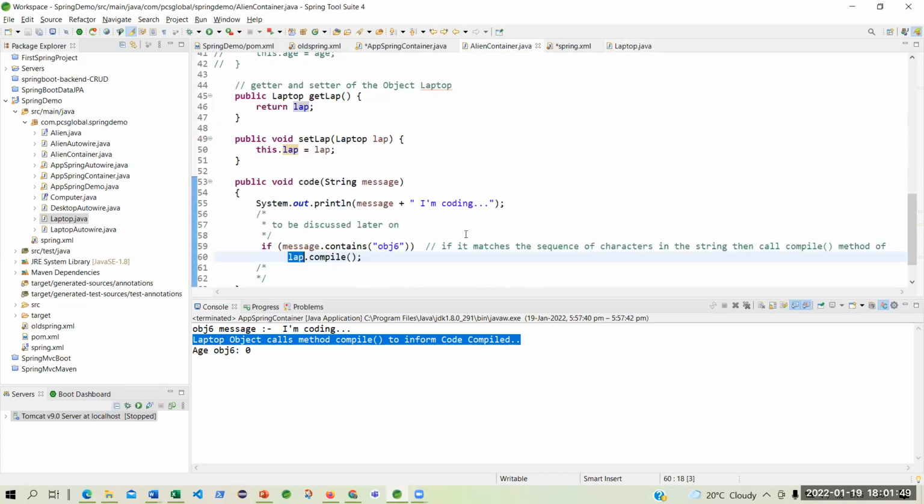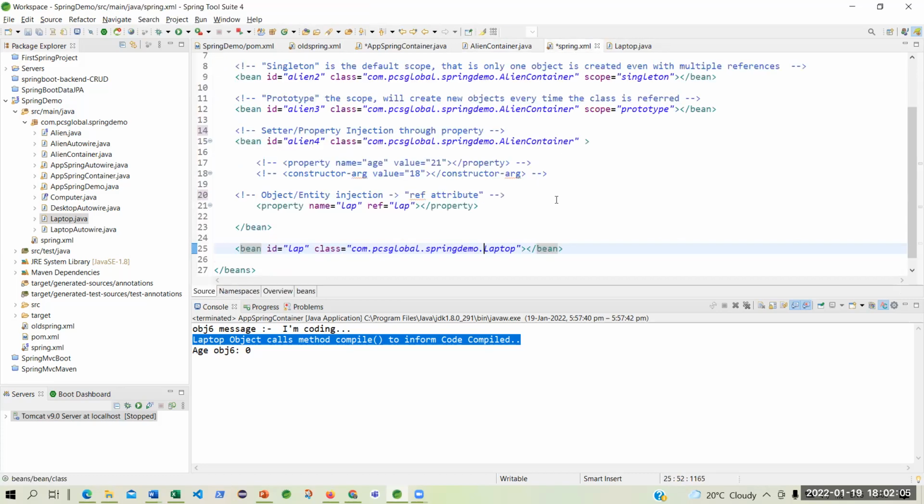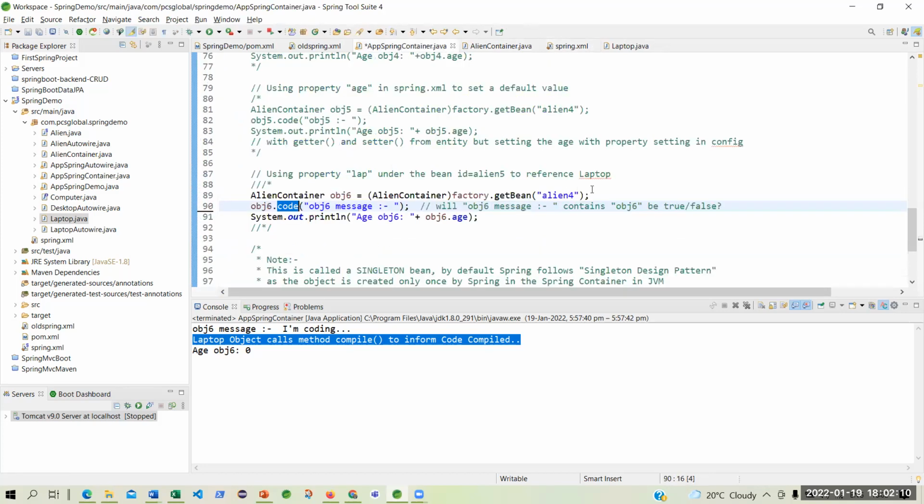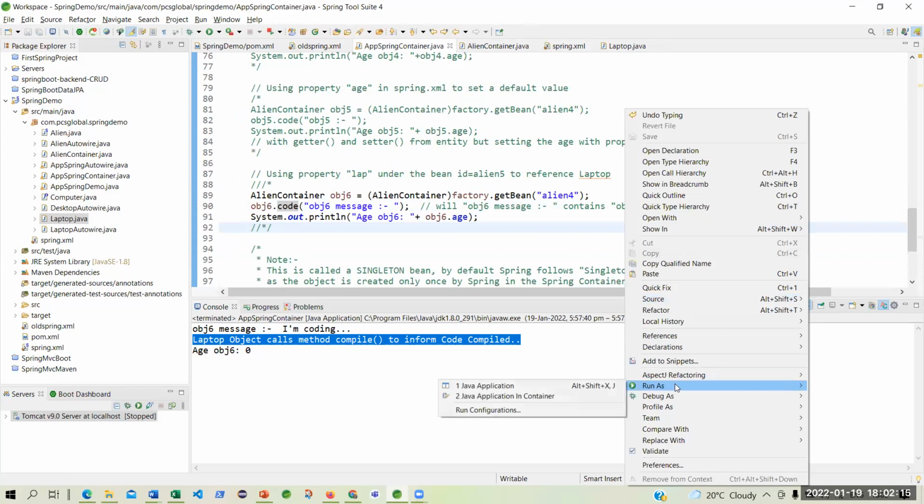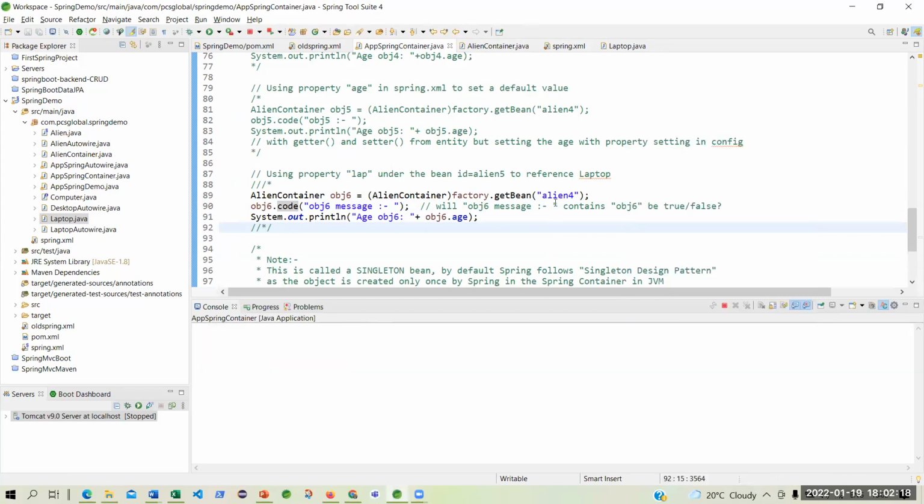Okay, let me change this to equals. Clear? I will again run this. Oh, you are only getting the obj6 message.